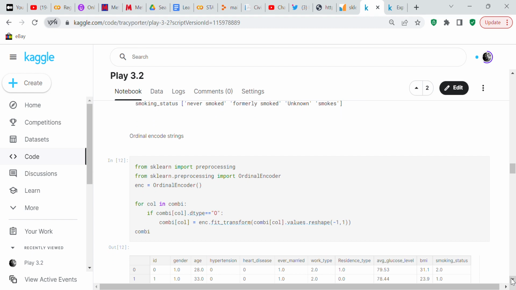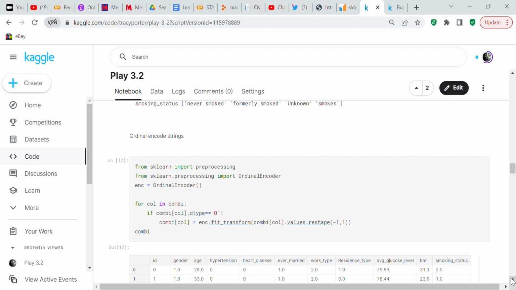There's lots of ways that you can do that. One way is just to use the replace function. If I had only 1 or 2 columns of data that were objects, I may very well have used the replace function. But since I had several columns of data that were objects, I decided that I would just use